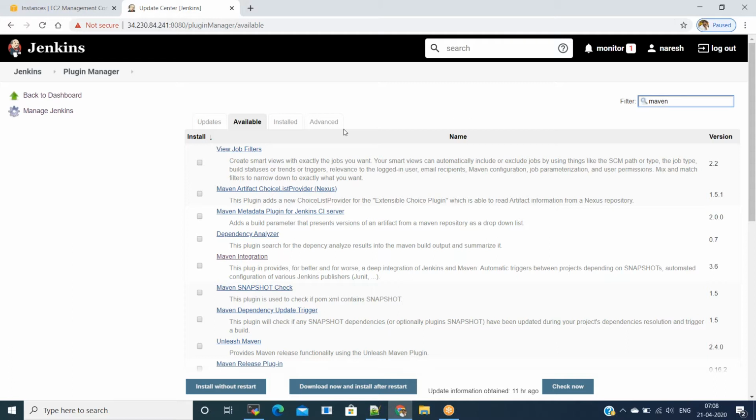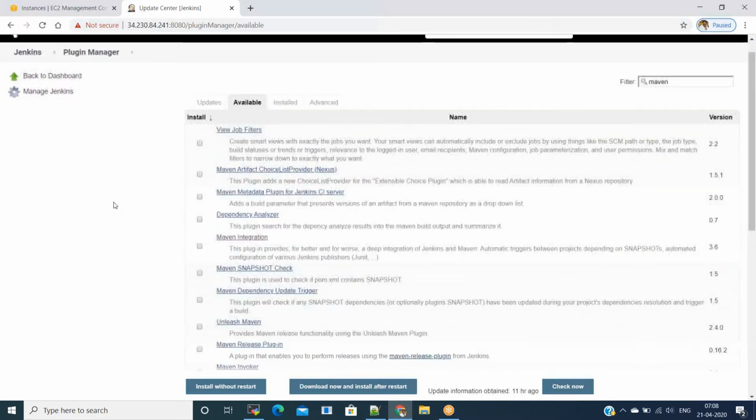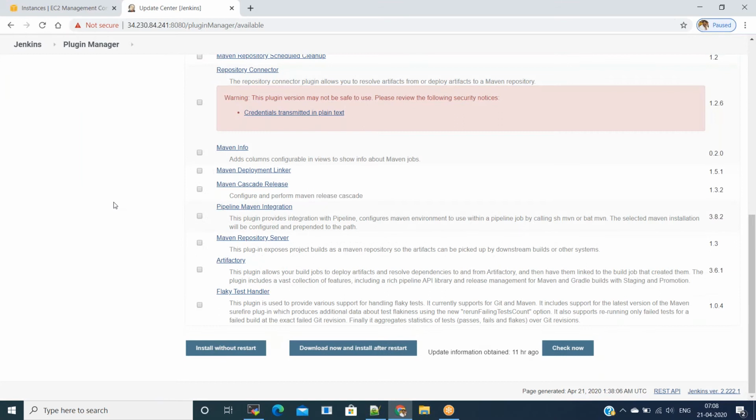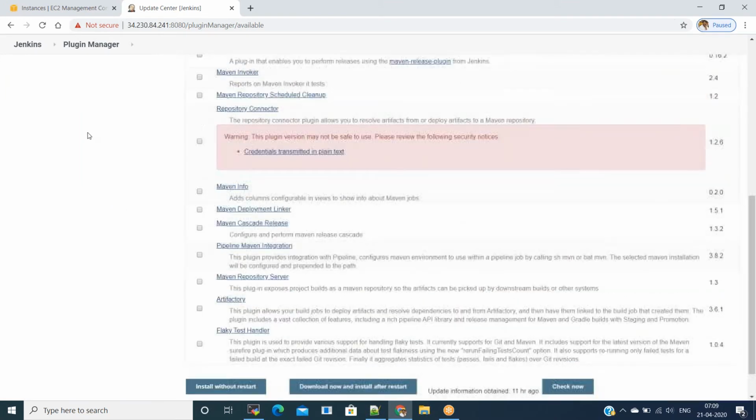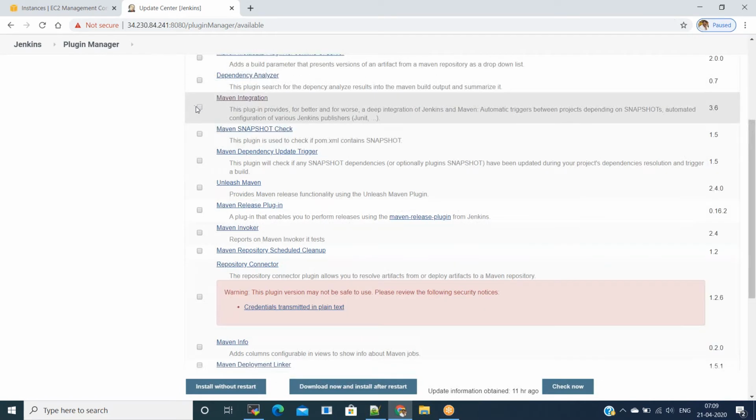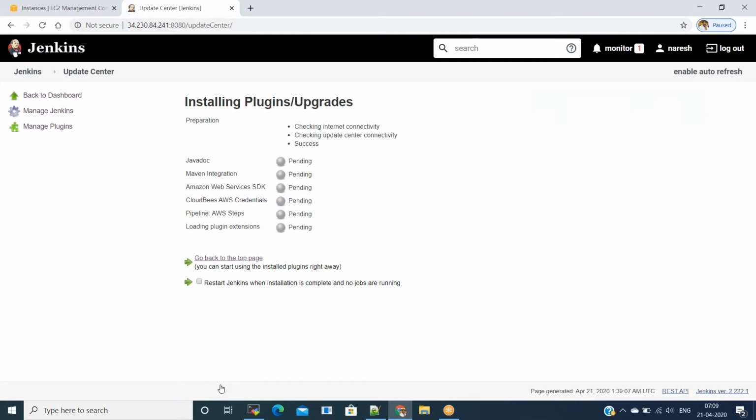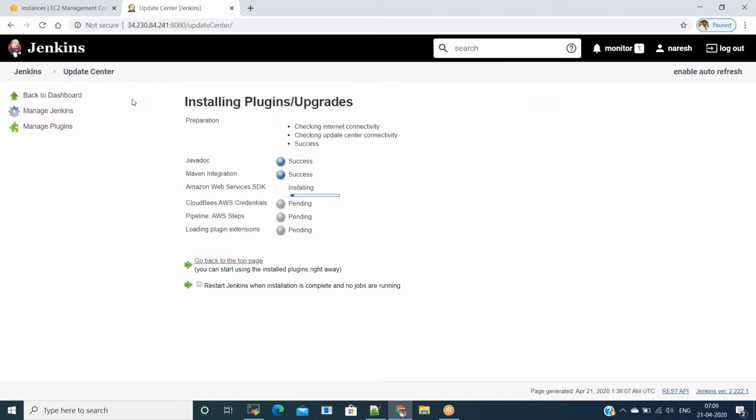You can select in any order. Along with this, you need the Kubernetes plugin as well for configuring kubeconfig. I have done all this configuration in other videos as well. You can refer to other videos for integrating Jenkins shared library, Docker, and Kubernetes with Jenkins.